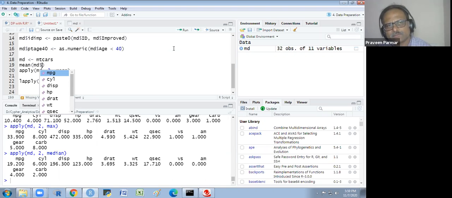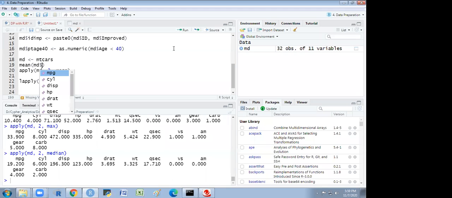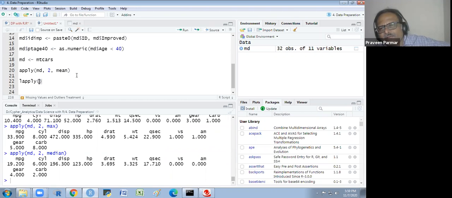Okay, thank you. For a specific column you could write the mean and the MD dollar in this way. It is for the all column.